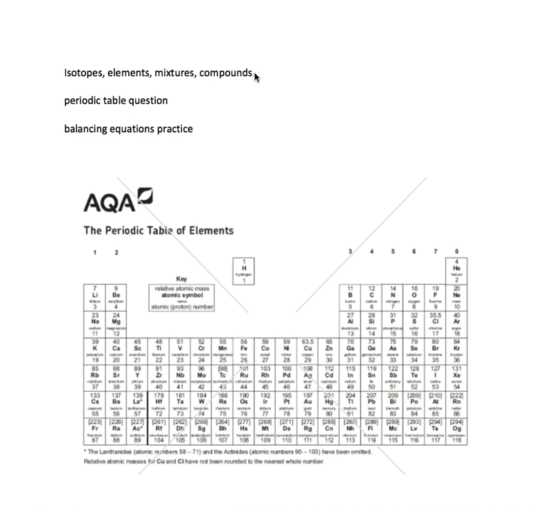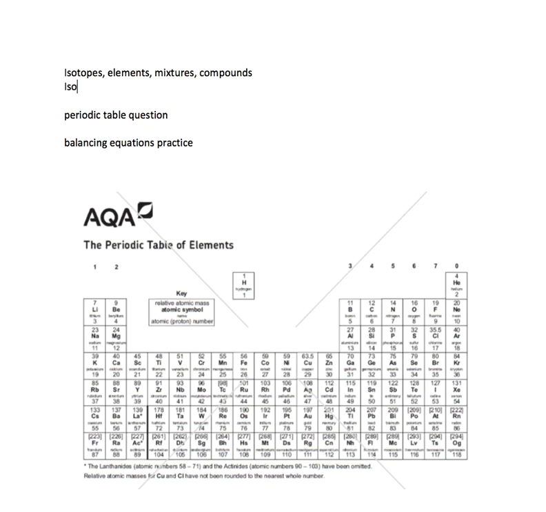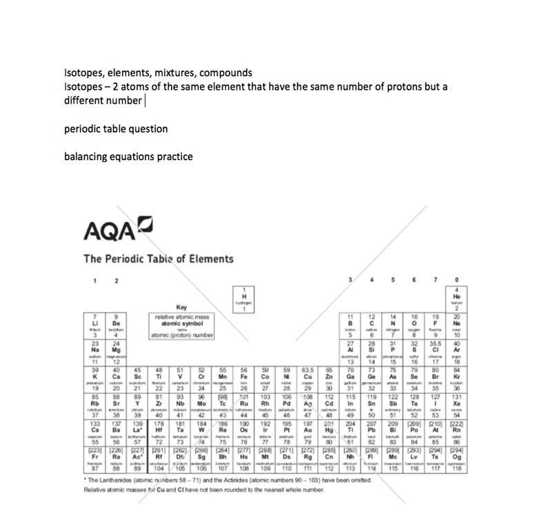Okay, so carrying on from where we left off really on the periodic table, I wanted to cover with you what isotopes are. And the way you describe these, I think you have to be careful with your wording, because what you're talking about are two atoms of the same element that have the same number of protons but a different number of neutrons